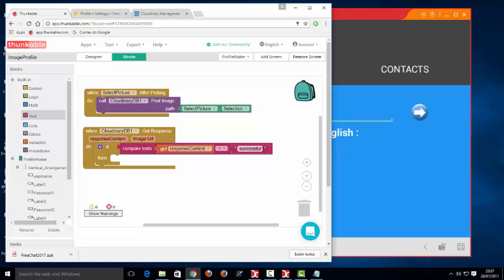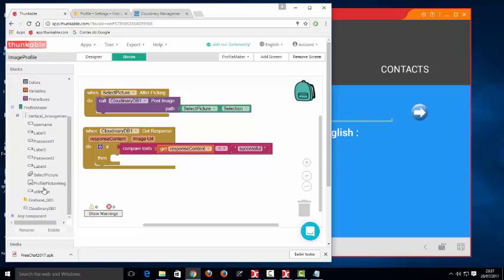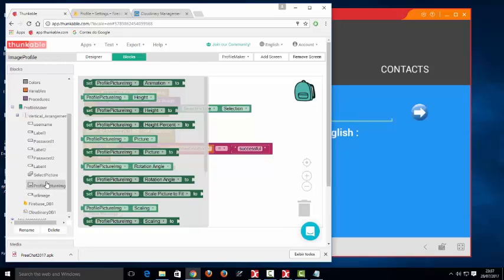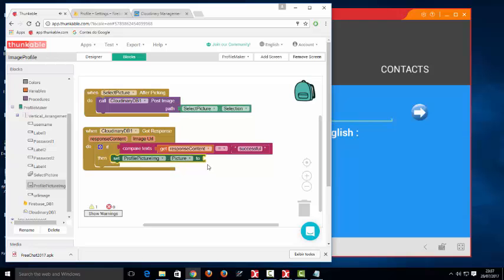If it's equal to successful, we're gonna take the image, profile picture image, set picture to image URL,